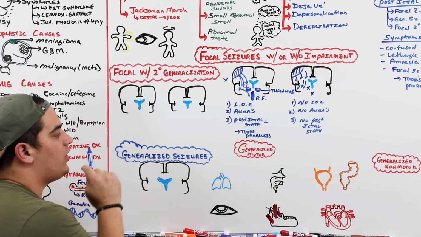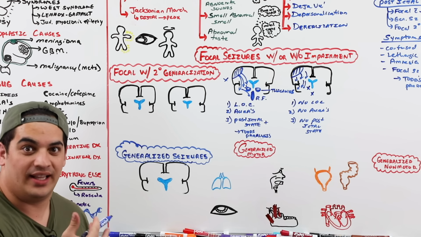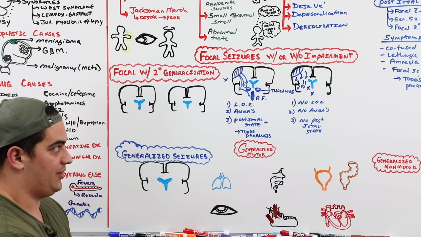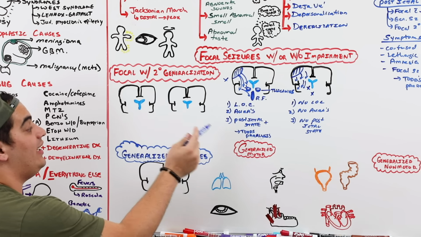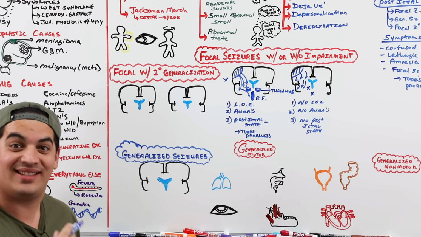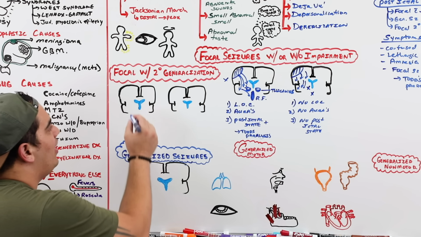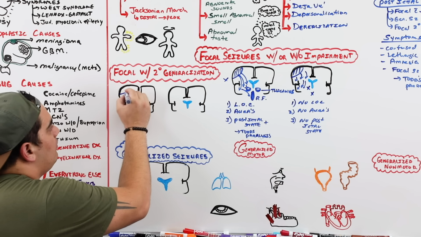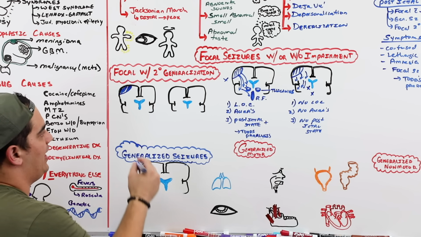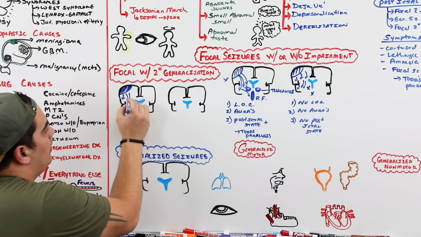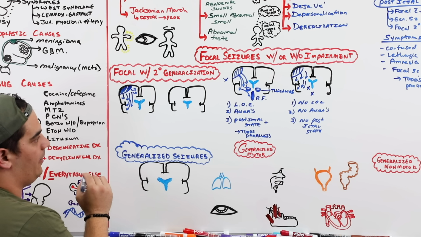The last thing that I want to talk about before we go on to generalized seizures is that there's something interesting, and it's a nice prelude into generalized seizures: focal seizures with impairment can lead to generalized seizures, because we said it can secondarily generalize. How does it do that? So here's what's really interesting. Let's say here you have a focus of epileptogenic potential. It's firing, leading to that abnormal electrical activity that's spreading throughout that hemisphere.